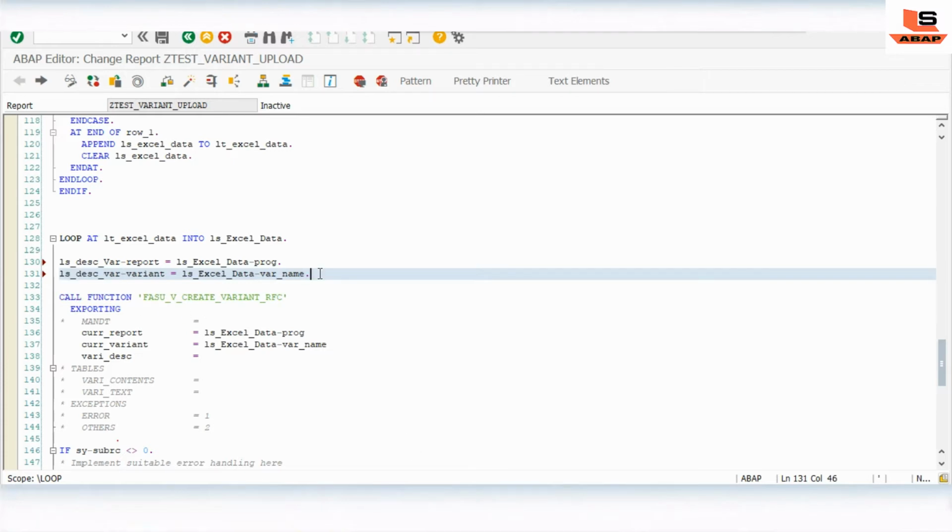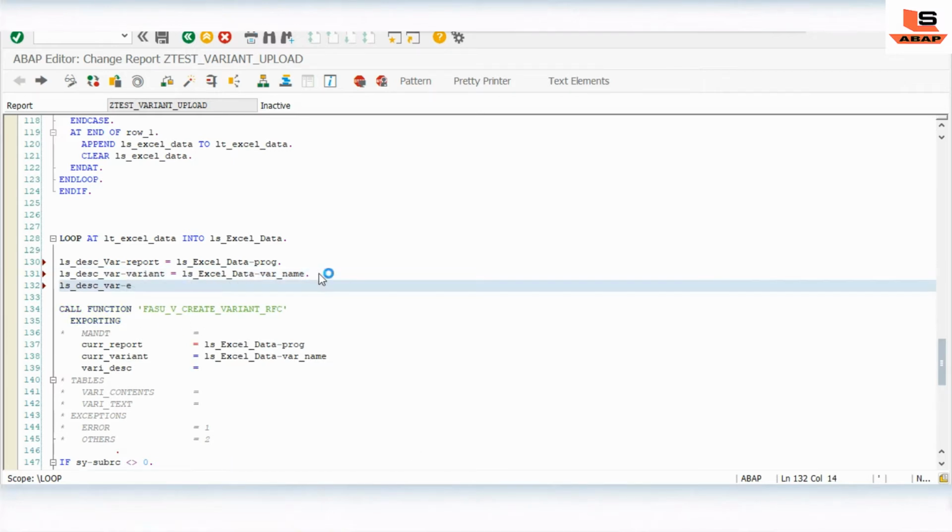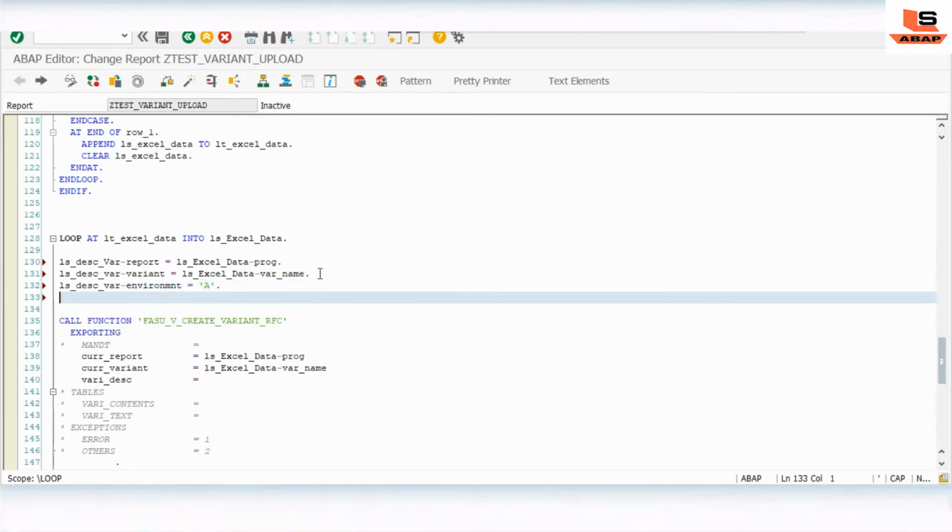Then again just copy this. Then we have to call environment. Environment we will pass as foreground background.